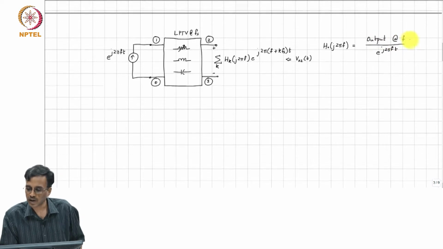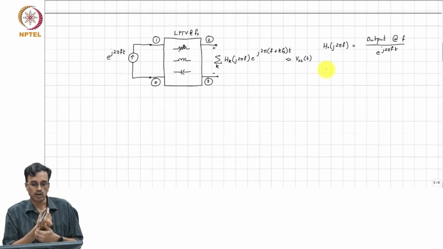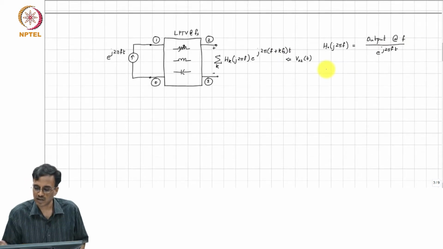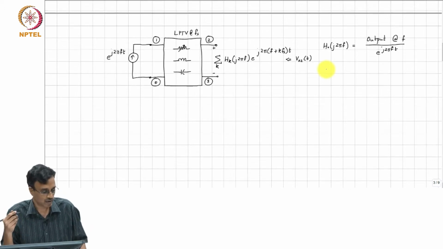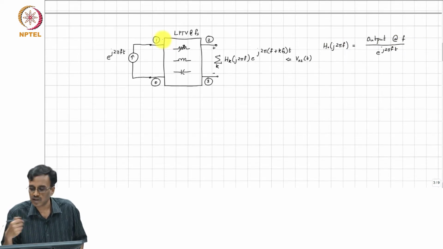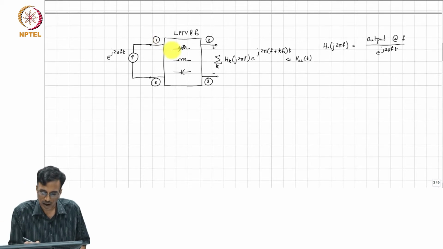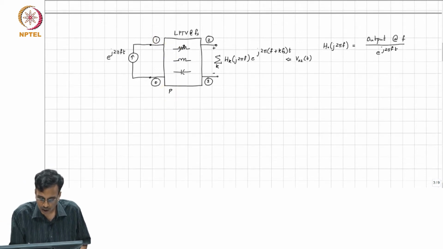So, the output at f will be some h 0 of j 2 pi f times e to the j 2 pi f t. The e to the j 2 pi f t in the numerator and denominator goes away, and this is basically the ratio. Again, there is not much of a difference. It is just simply the ratio of the phasor corresponding to the frequency f in the output to what we apply in the input. And as I said, we restrict ourselves to networks with